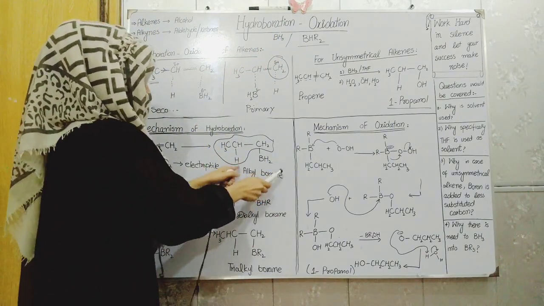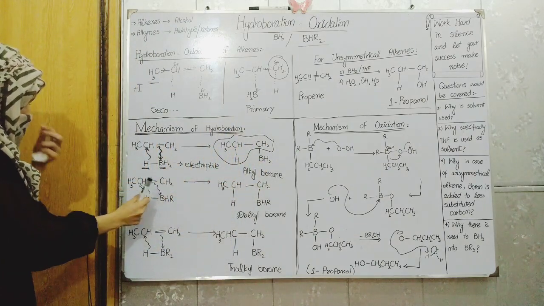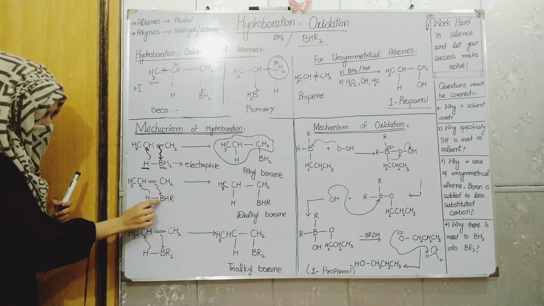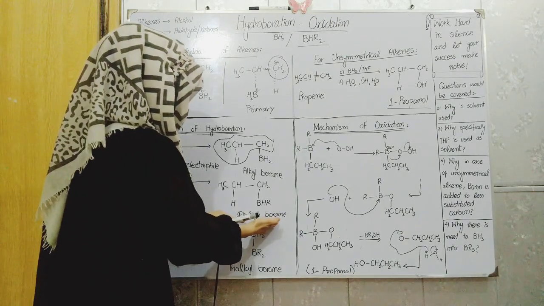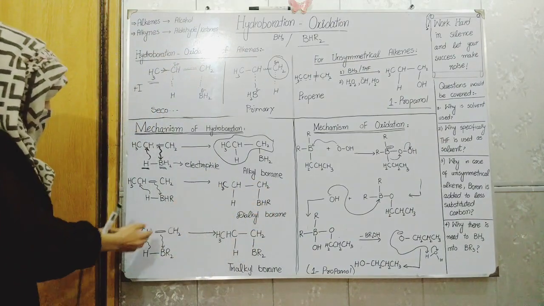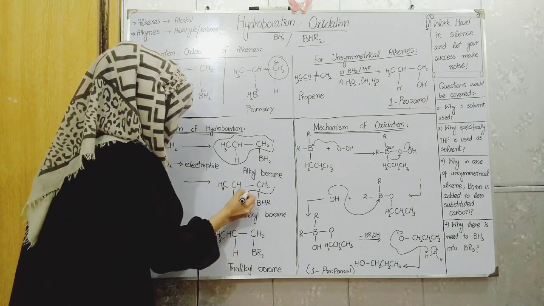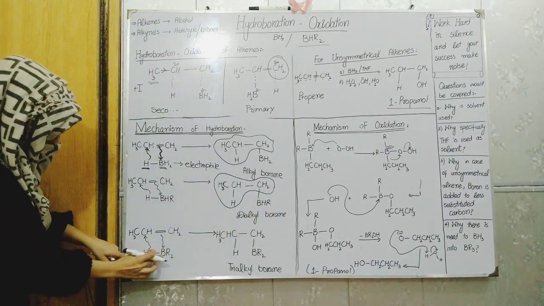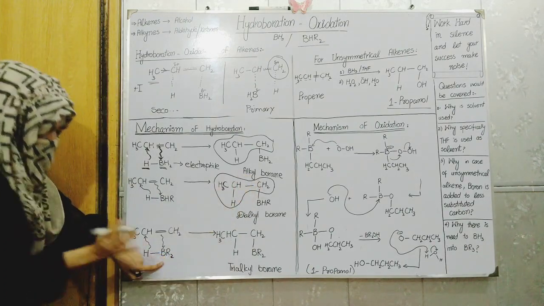So here alkyl borane is formed. Then again we react the alkyl borane with another alkene molecule, and again the same, this alkene acts as a nucleophile and attacks the electrophile, and simultaneously this hydrogen will add to that carbon and dialkyl borane is formed. The reaction will not stop here. The dialkyl borane again reacts with another alkene molecule, and here again I replace this group with R group, BHR, and this group I also write as R, so here I will put 2.